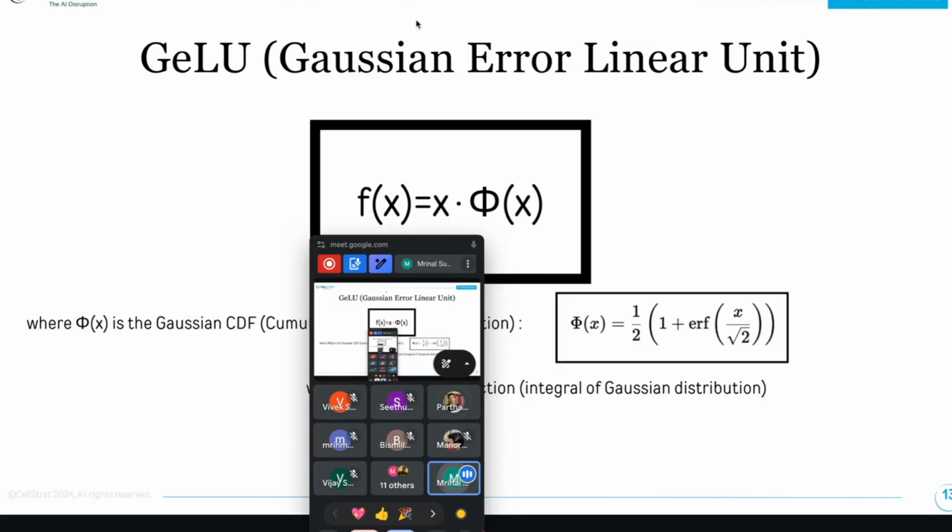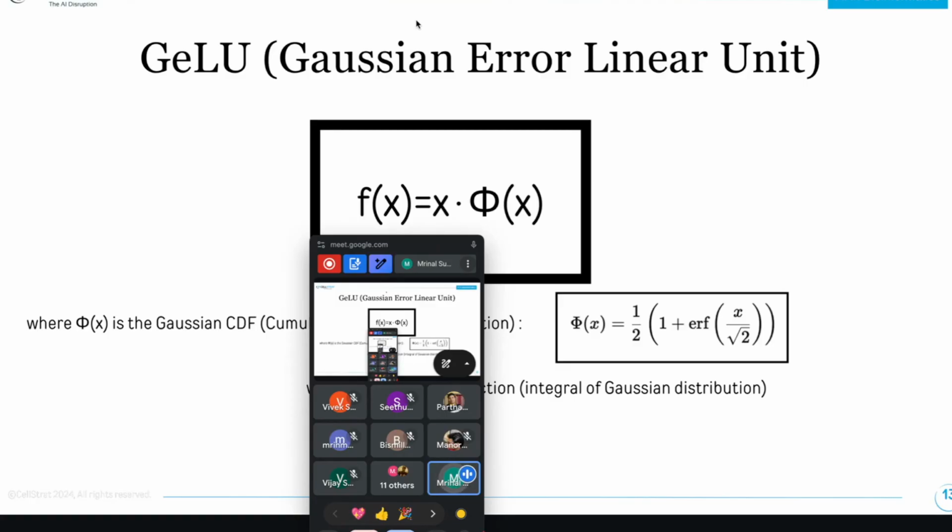The formula for a GLU function is this: half into 1 plus e power x by root 2. I also had this doubt, but they have told me GLU was specifically defined because ReLU gave only binary outputs. ReLU just gave 0 or 1. GLU was able to give you 0.03, 0.04, 0.05. So it was able to not just classify it as binary, but it was also able to give you